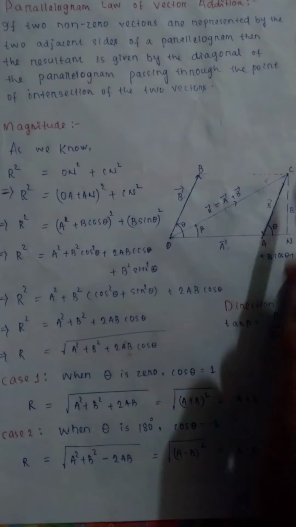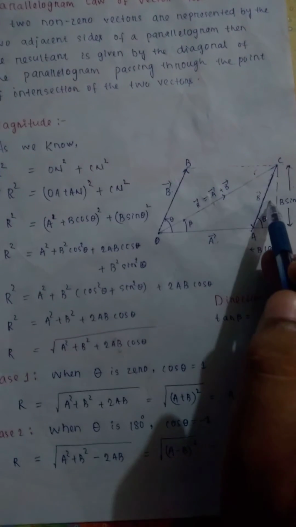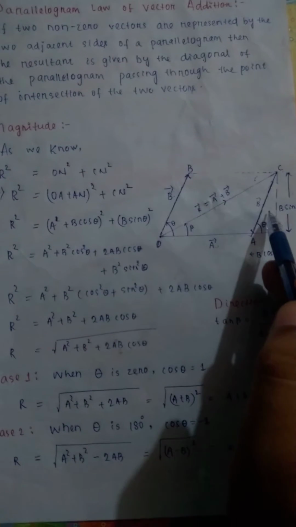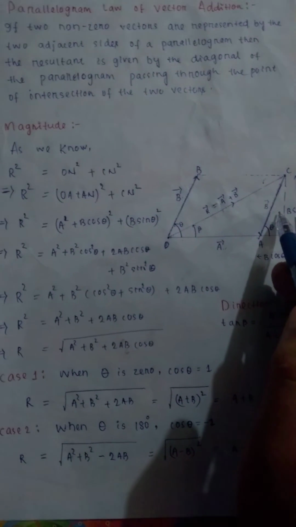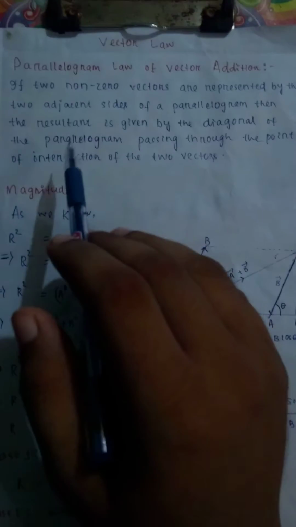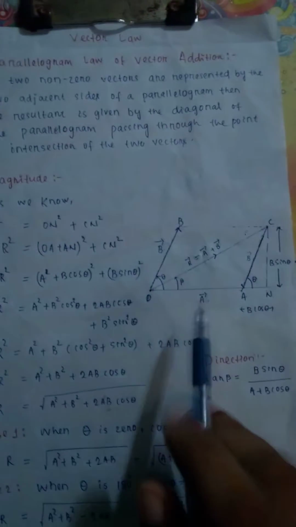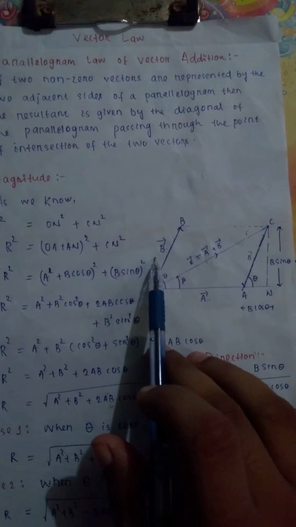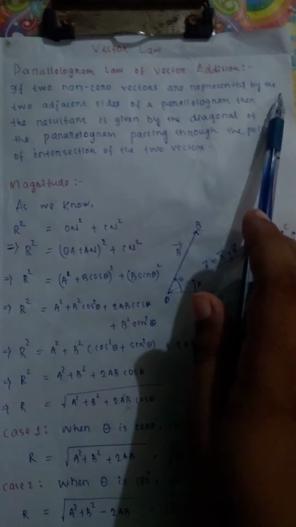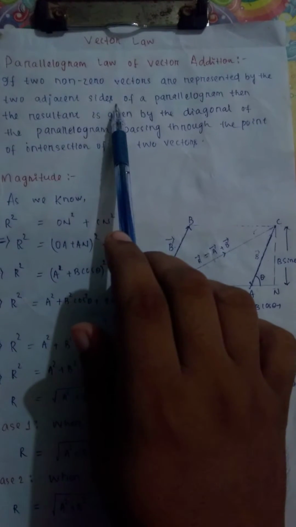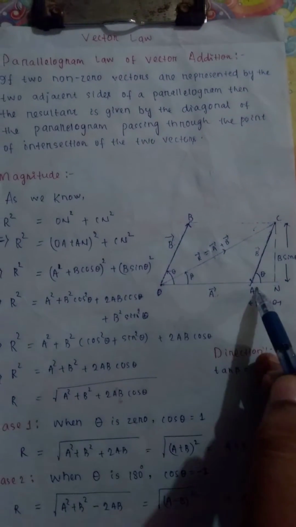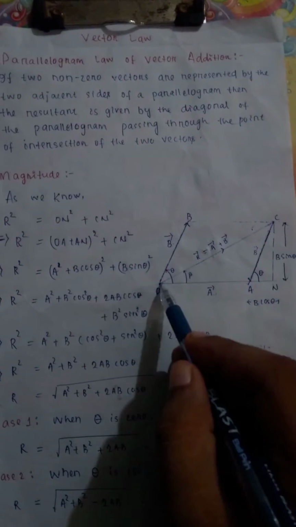A parallelogram is a quadrilateral in which the opposite sides are parallel to each other and have the same length. Now let's move to the parallelogram law. It says if two non-zero vectors, say A and B, are represented by the two adjacent sides, say OA and OB, having the intersection point O,